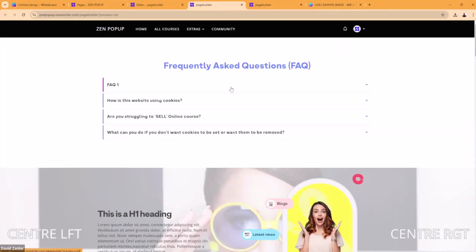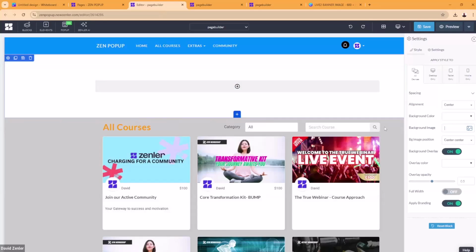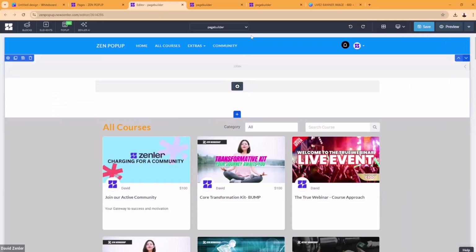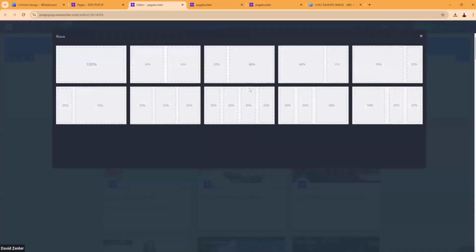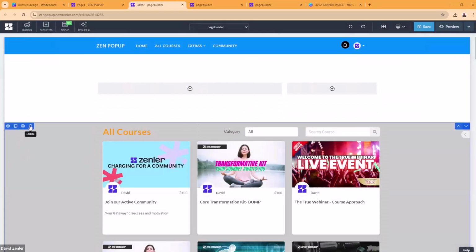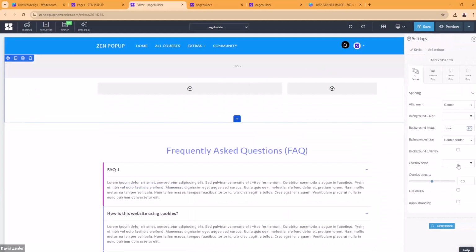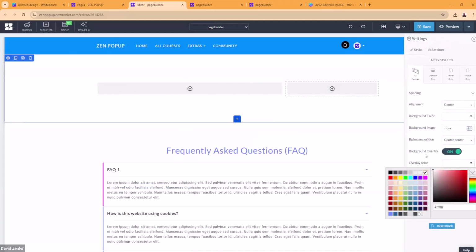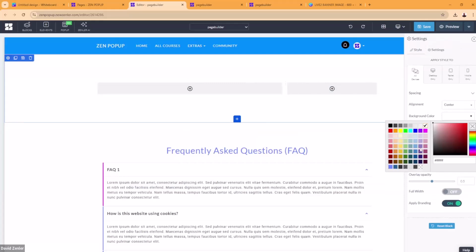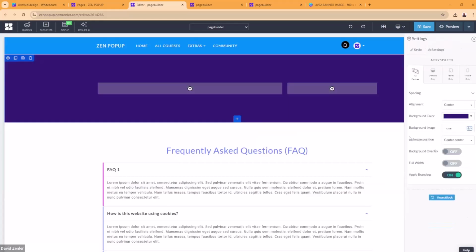Don't worry, I'm going to jump back to Canva in a second to show you free users how to do this. I'm going to just come in and just take this image out of here. Okay, so I'm just on a white. Okay, what I want to do is, remember, I want 1 row, 2 columns. So I'm going to go in here and I'm going to choose something like that. Okay, so now let me just delete this block out. It's annoying me. Okay, so now what I can do is select the main row there, and I'm going to choose not an overlay color. I'm going to choose a background color of something like our color, which is maybe something like that. Notice I've got the overlay, so I need to turn that off.